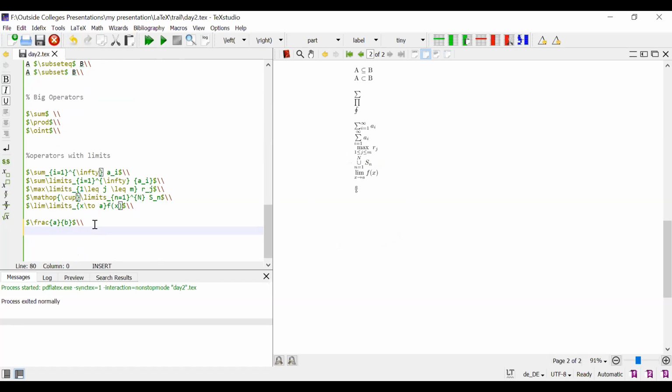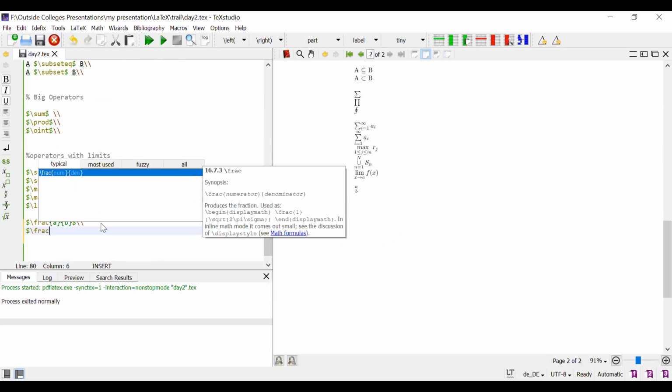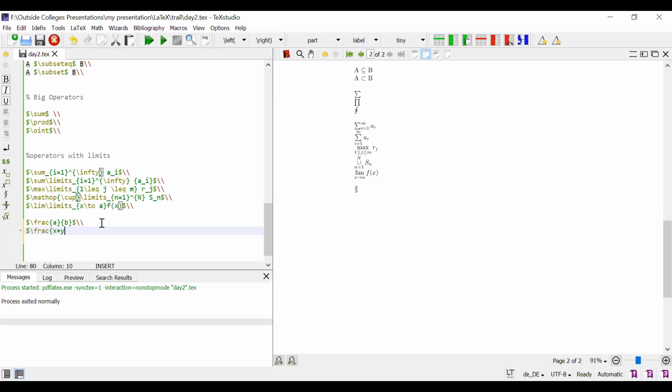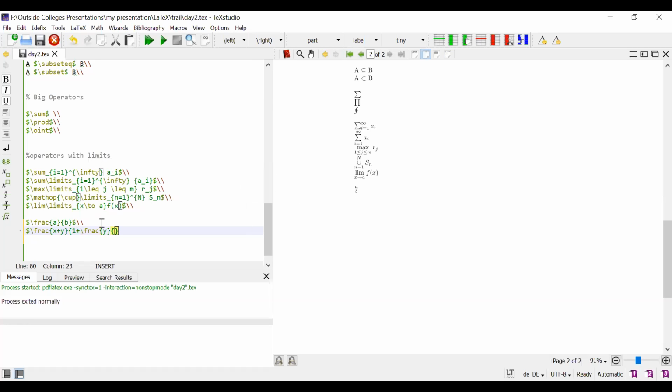Now I want to show one complicated fraction. See this: dollar symbol, fraction of fraction. Fraction of x plus y, and another fraction within this fraction is 1 plus frac of y, where the numerator is y and the denominator is z plus 1.